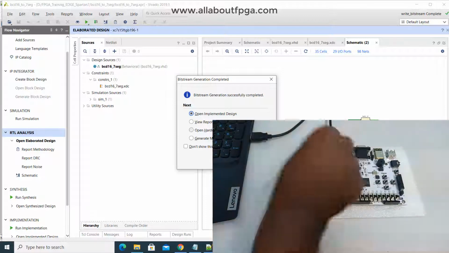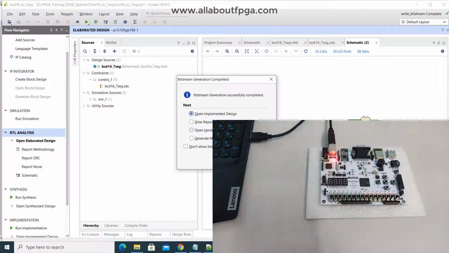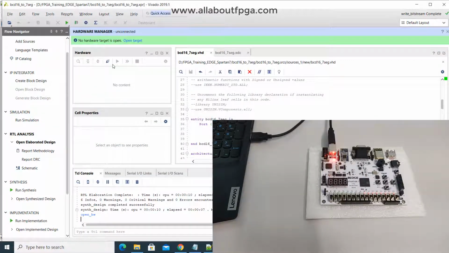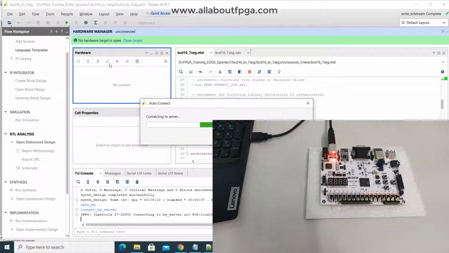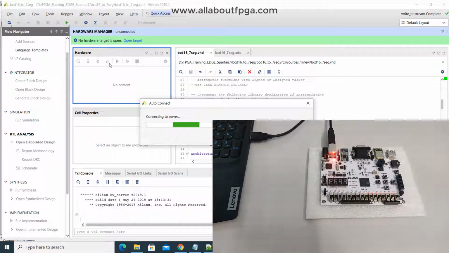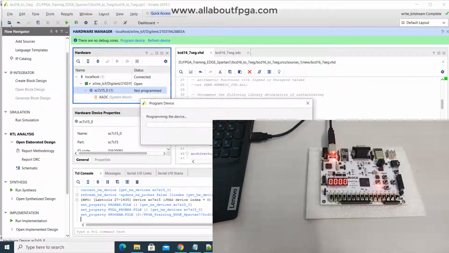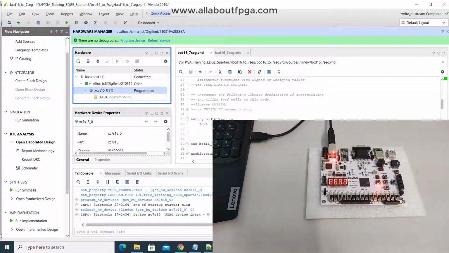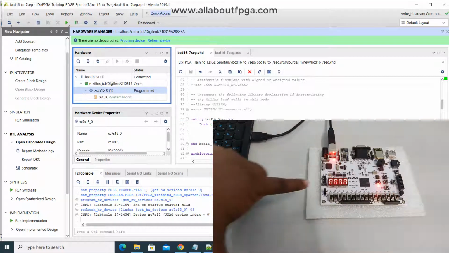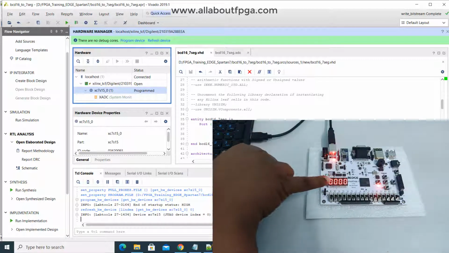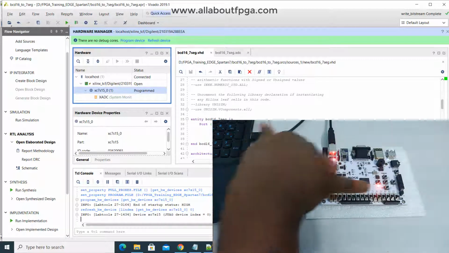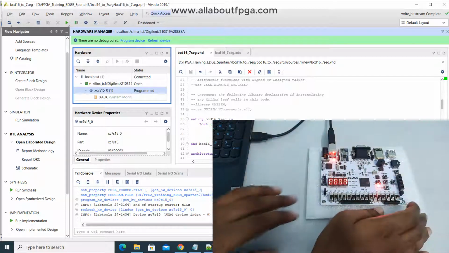Okay, first turn on the kit, open hardware, auto detect, program FPGA, program done. You can see that all 4 segments are displaying 0, 0, 0, 0 because all the switches are 0.